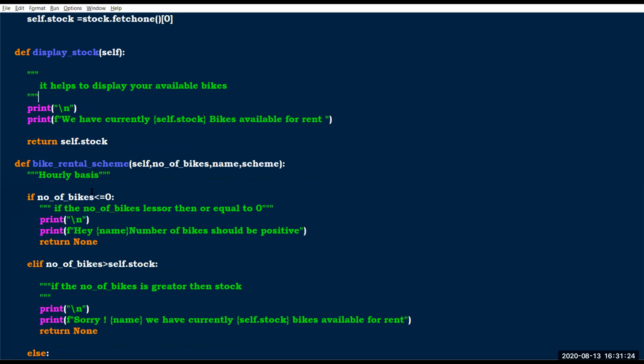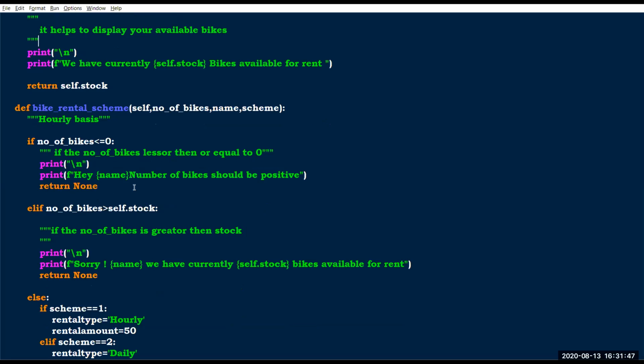After that I have created the bike rental scheme. It requires these parameters: the number of bikes the person wants, his name, and which scheme they are going to choose. We need these basic details. Then we check that the person doesn't give less than or equal to 0 bikes, so he gives one or more bikes.